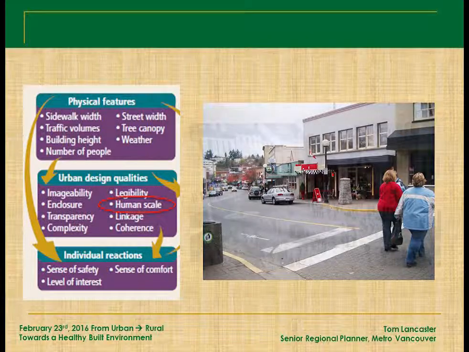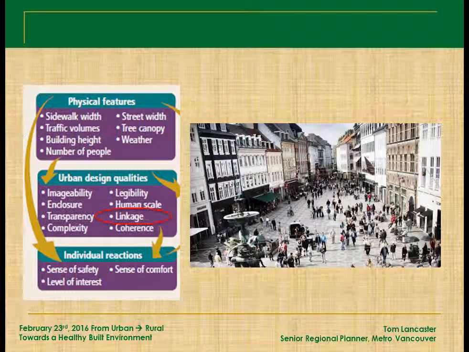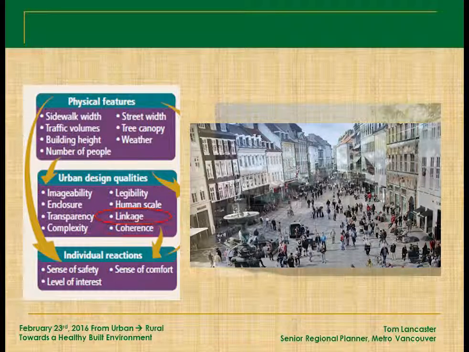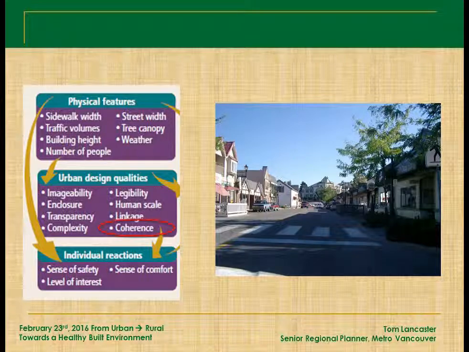It's awesome. And linkages. This is obviously Europe, but you understand that all the shops all along both sides are linked together. There's an arcade that drags you along. There's awning to awning, and then there's public art. Those are things that if you take those principles and apply them into small towns, again, this one's Summerland, you can take the big lessons from Europe or Vancouver or Surrey or wherever and apply them in small towns by being coherent.